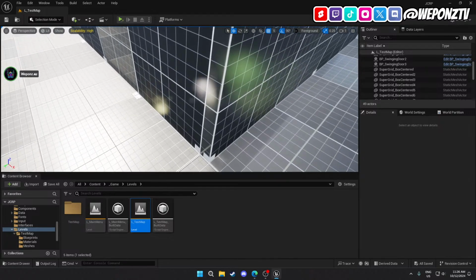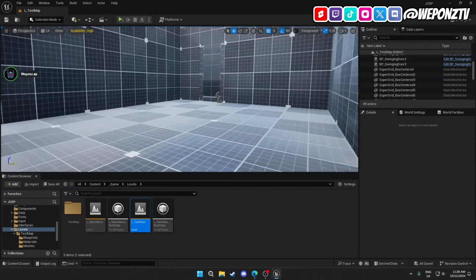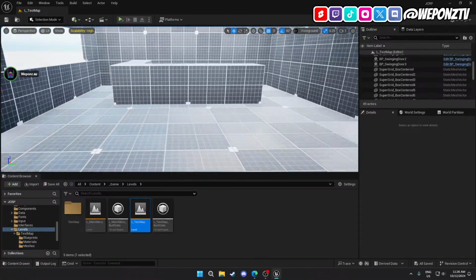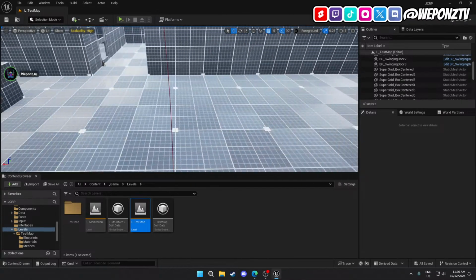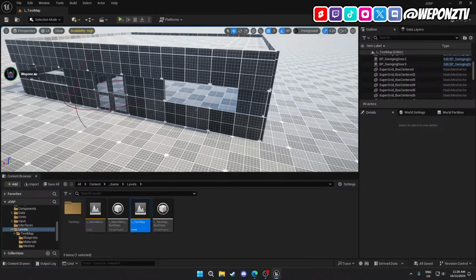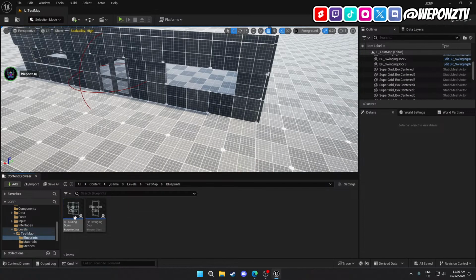What do you reckon, guys? Very simple block out, but very functional. It's the idea that we're going for completely. You know, we can have some freezers down here, some shelving here, some gas station shelving. But let's start working on the glass. What I'm going to do potentially is make the glass into an actor, so then I can just, because it's double-sided,